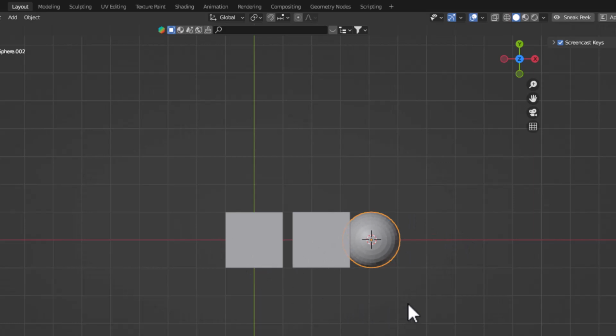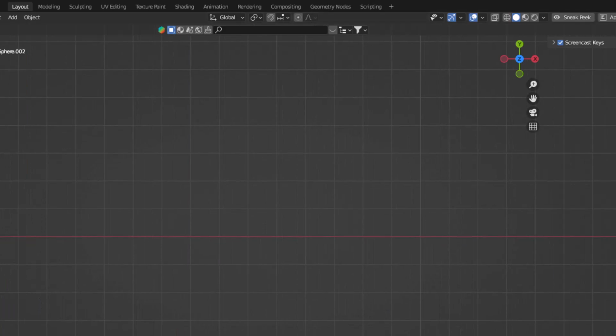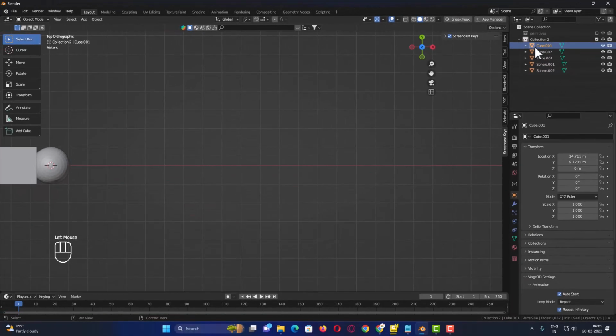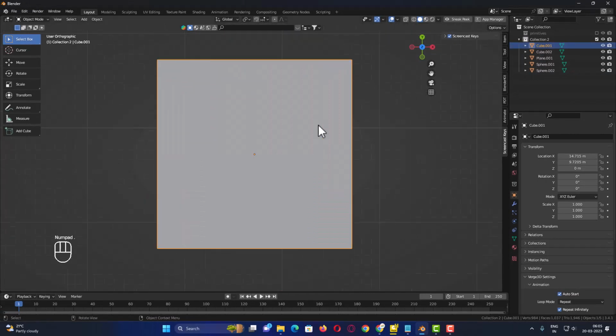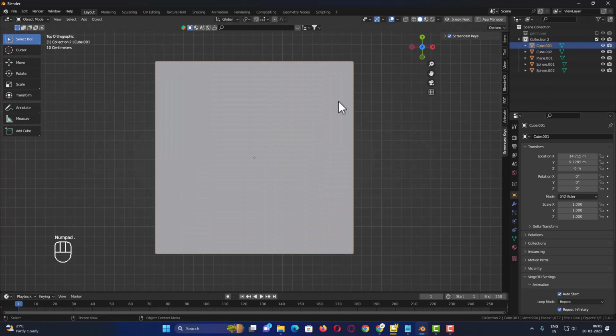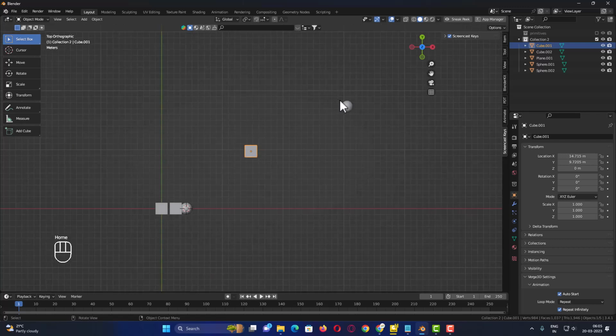And then also, say you are somewhere here and you want to zoom into this cube 1, then select cube 1 and press the period button on the numpad to zoom there, or if you want to zoom in to all the objects present in the scene, you have to press Home. So, just practice all these tools and all these concepts that we have discussed in this session.